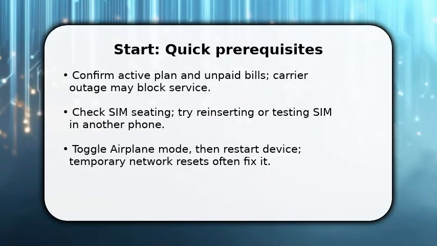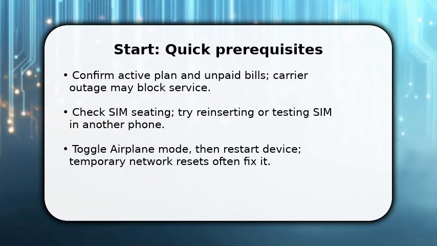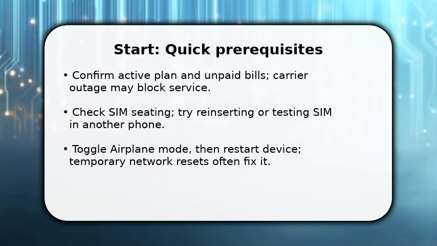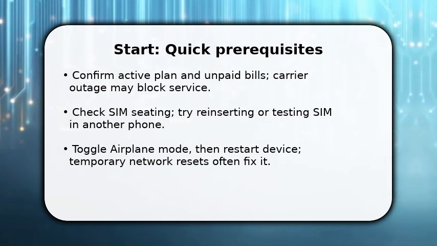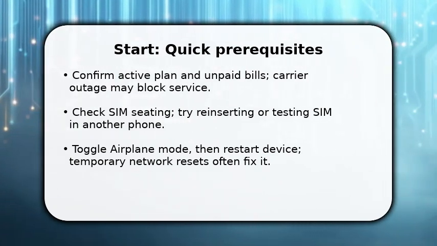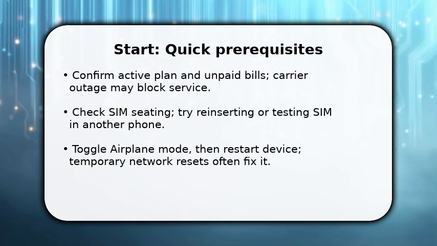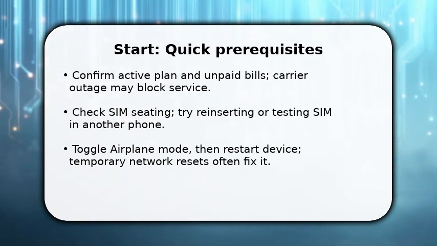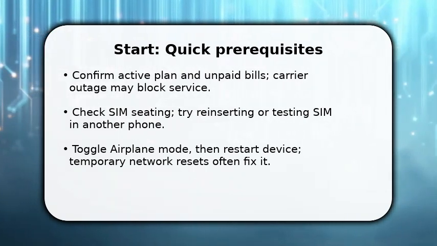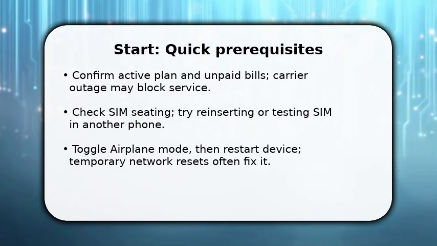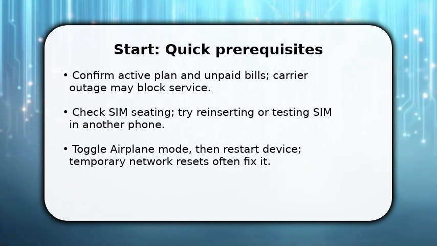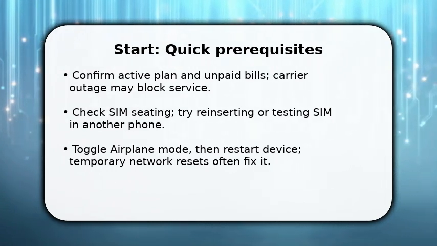You begin by verifying the essentials. Make sure your plan is active and there's no carrier outage, because network issues are often external. Next, power down and remove the SIM, check for damage and reseat it firmly, then restart. Once done, toggle airplane mode for 15 seconds to force a fresh network scan. These first actions eliminate common physical and account causes quickly, so you can move on to settings if the problem